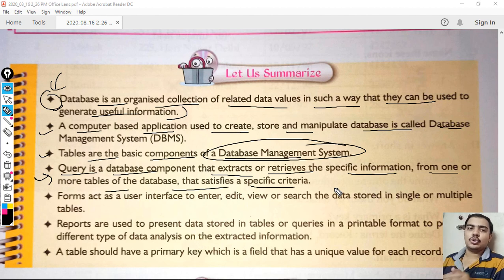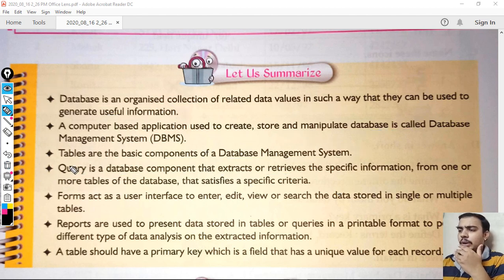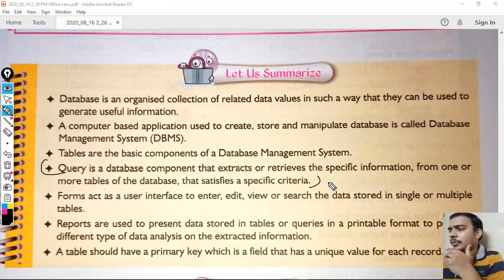Fine, let's suppose you have to edit your data, or while you are working on your table you have to apply certain conditions. For that you will use the concept of queries. Well, queries are not a part of your syllabus for now, so we are skipping this part, but don't worry, in coming classes or in the senior classes you will read this concept.